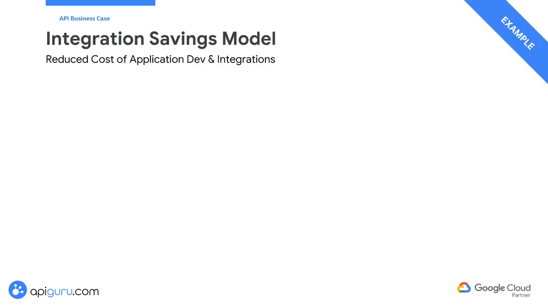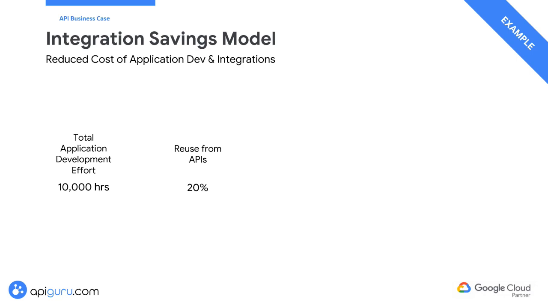Let's start with the integration saving model. First, we have the total application development effort, which in our example is set at 10,000 hours. This figure represents all the time required to develop the applications and integrations. Next is API reuse. This is where it gets interesting. We are assuming a 20% reuse rate. That means 20% of the total development effort can be saved by leveraging existing APIs instead of building new components